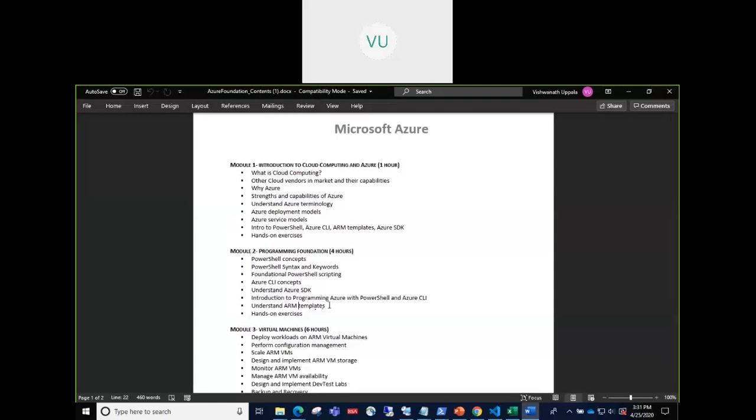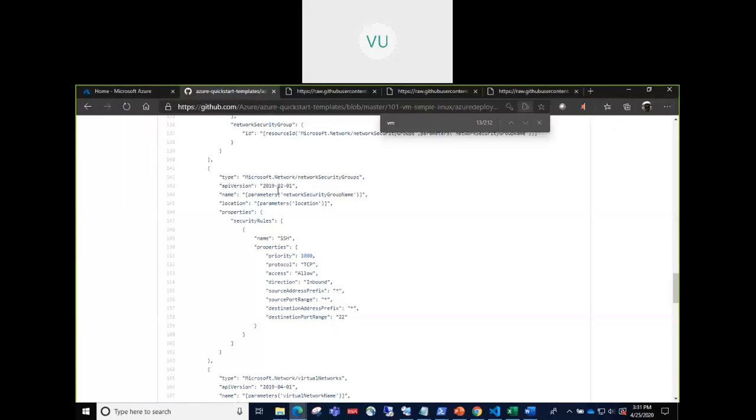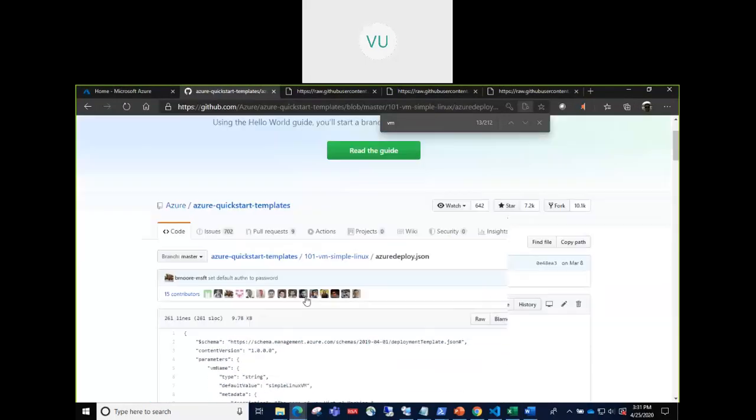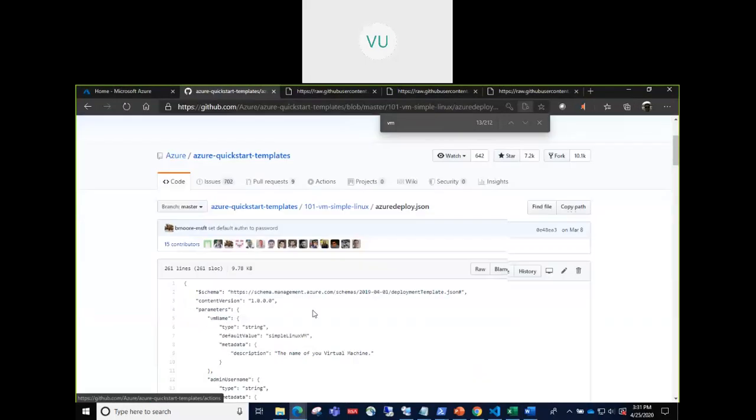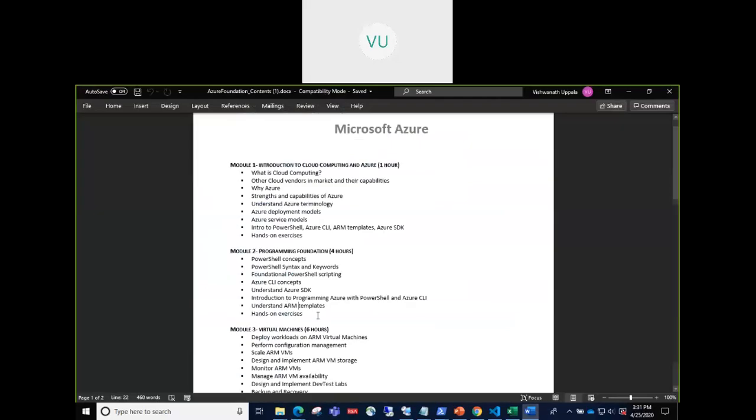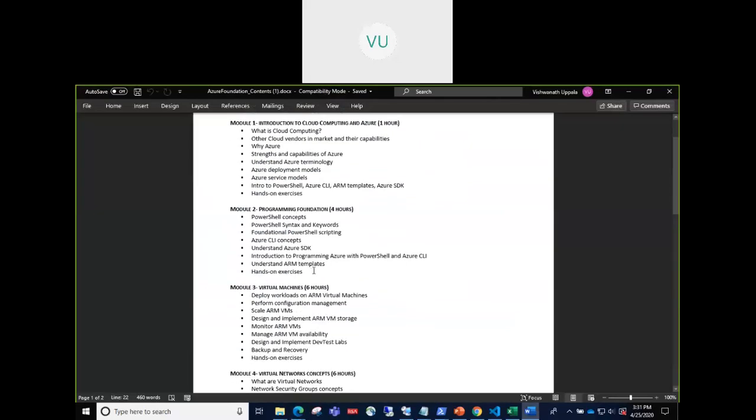We'll generalize in such a way that even if I give the template to you, you can go and deploy that in your own Azure subscription. So we will look at how we can generalize so that it can be shared with other people, like we have it in our GitHub repository here, right? So that will give us the foundation for the rest of the courses.